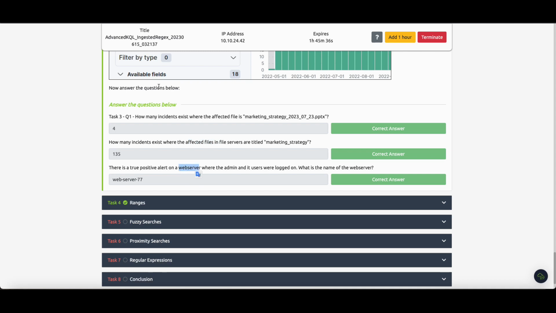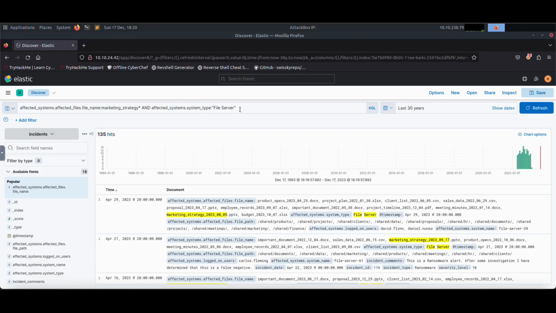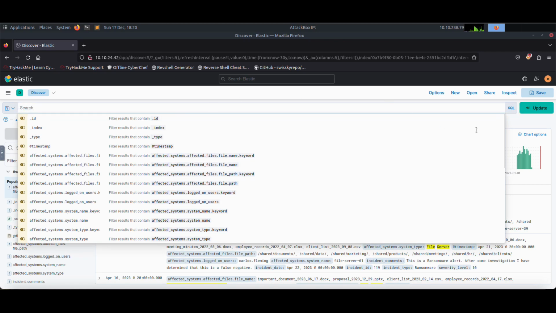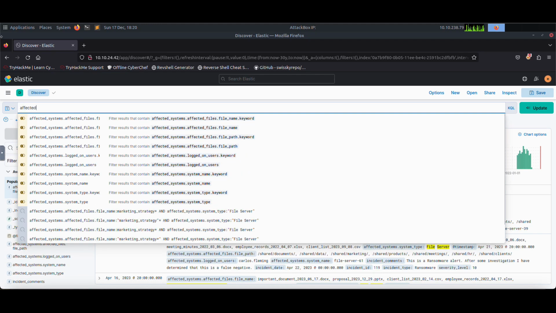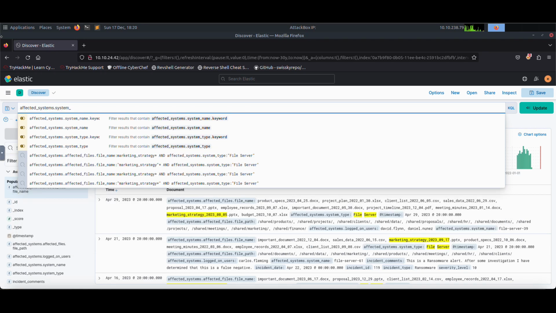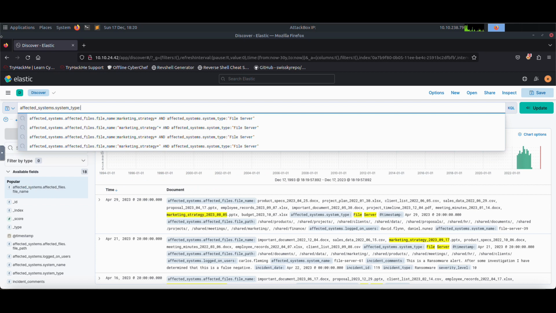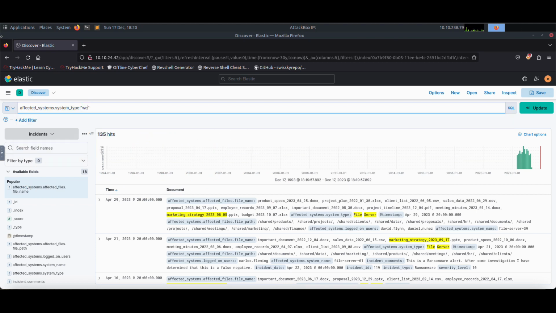So it is our first filter, okay? So what was the server type? It is affected systems system type. Let's type it here, affected systems, and system type will be web server,